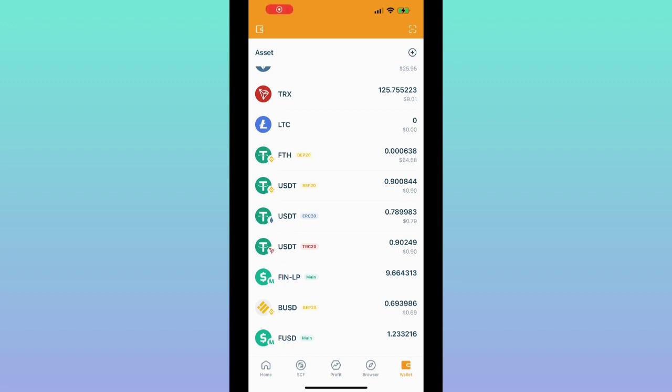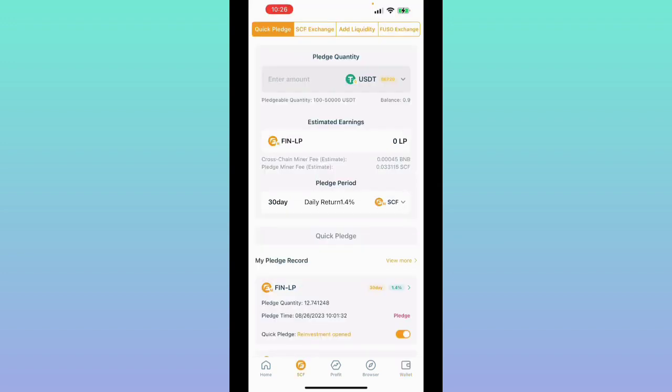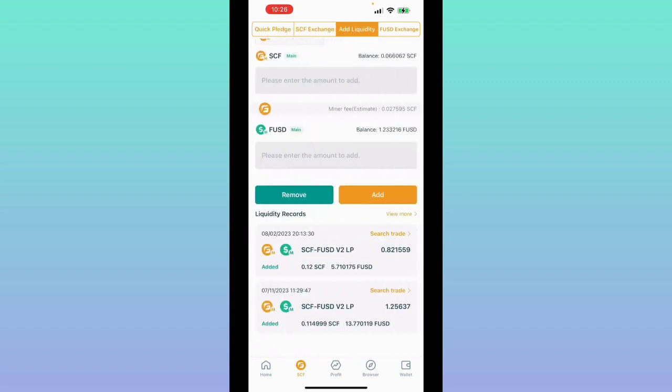If you decide you want to cash out this LP, that means you want to remove the liquidity and take out this pair. So let's go to SCF here at the very bottom logo. Click on that. Since you want to remove the liquidity, you need to go to the add liquidity section here on the very top. On the third one, you see add liquidity. Since you added liquidity here, when you remove the liquidity, you need to remove it from here as well,